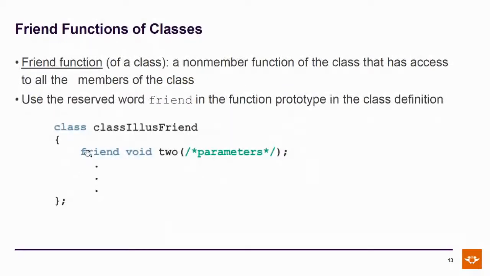Some operators need to be implemented as non-member functions, but we still want to grant them privileged access to the private state of the class. So inside the header file, it looks a lot like a member function, but it isn't. We define it to be a friend function with the friend keyword. Hey, two new keywords in one lecture. That's unusual. And the important thing to remember is that it's still not a member function. It can't access this because it's not part of the class, and you must fully specify all of the parameters.